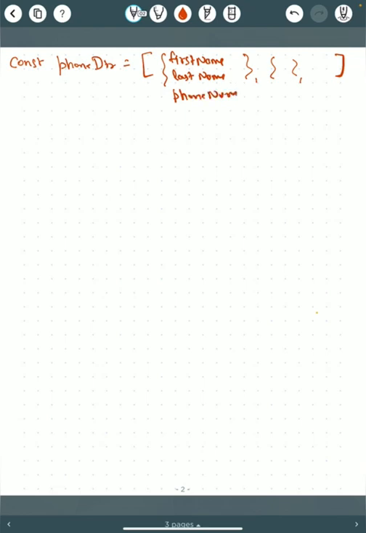Now we want to transform this in a way that instead of first name and last name being separate entries, it's just a single name, which is a combination of these two. So you want to transform it to look like a name and a phone number. And we want to do this operation for all the objects that are in this list. So we can see that this is a transformation and we are going to need a map function. Now to do this transformation in a map function, all you have to think is how will your callback look like? So let's write the callback.